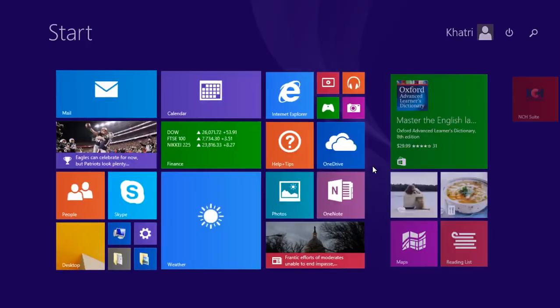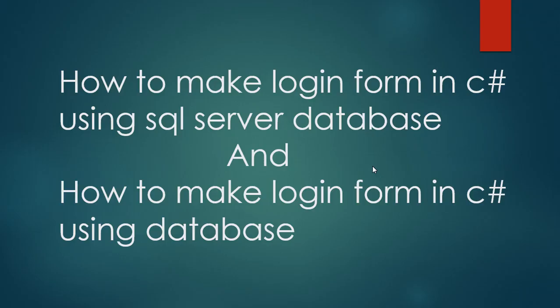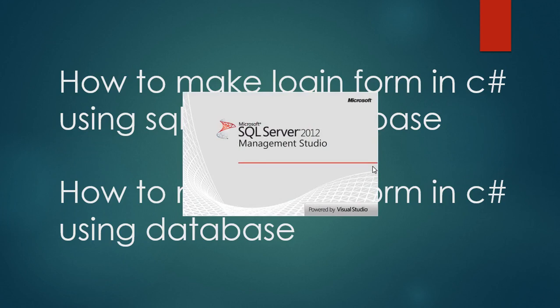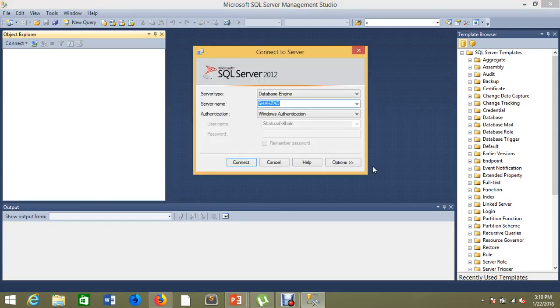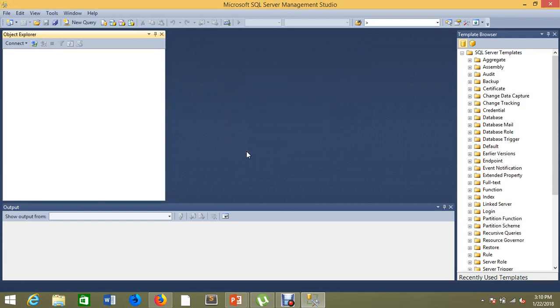So we need to start SQL Server first of all. First of all, we need to make a database about the login form, and this is actually user credentials. I have 2012 SQL Server Management Studio. This is the Microsoft platform, and this is very big. I have a server name here. I connect it with the local server,